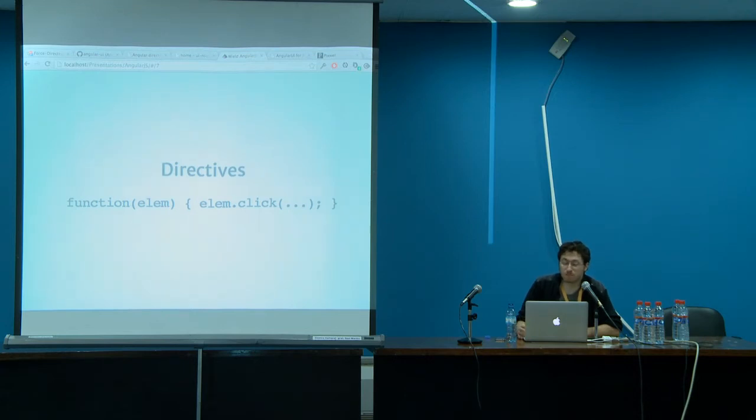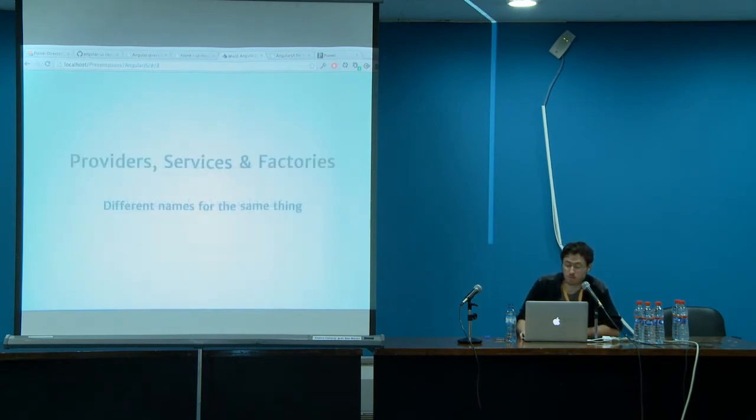You provide a definition, and the main part is simply a function that takes in the element and assigns behavior to it. Providers, services and factories, they're all essentially the same thing. There are different ways of constructing JavaScript objects and classes to expose behavior to your controllers and directives. And again, it's all just JavaScript functions.